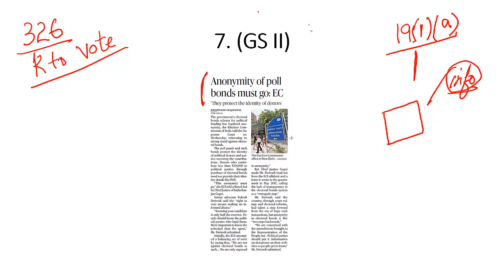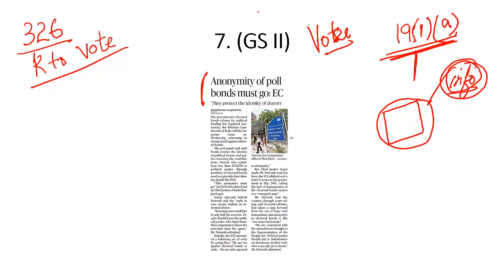So far as a voter is concerned, is there any link between the right to vote as a constitutional right and freedom of speech and expression as a fundamental right? Yes. Because when I'm making a decision, I want to cast my vote. This decision should be based on some information so that I can make an informed choice. And what is this information? I should know whether a candidate is educated or not. What is the educational qualification of a candidate? On that information, I can take a decision.